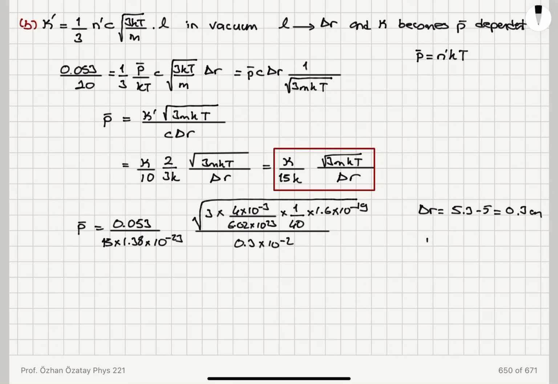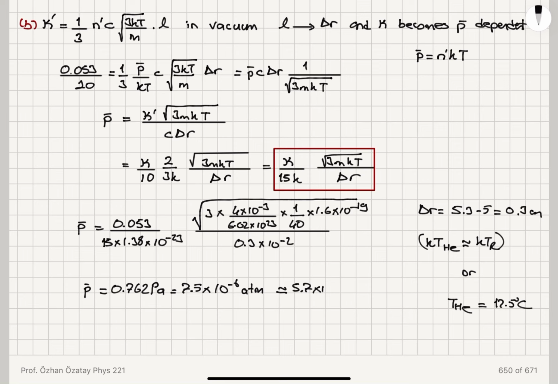So here I'm approximating kT helium to be kTR. Okay, so this is what I'm doing. Or we could use T helium to be 12.5 degrees Celsius. That would be a good approximation as well. Okay, so with that, we obtain the mean pressure P bar to be 0.762 pascals. That corresponds to 7.5 times 10 to the minus 6 atmosphere, and that is approximately 5.7 times 10 to